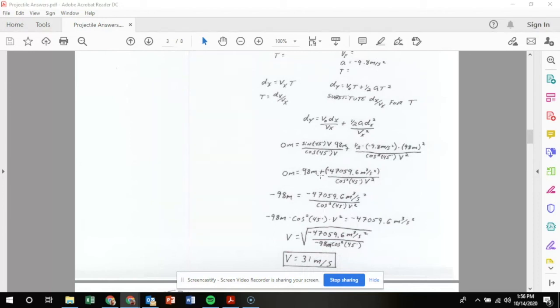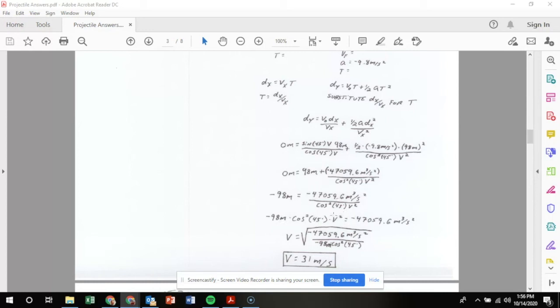Now what I want to do is subtract this 98 over to the left side. So that way I get my fraction all by itself here. So I did that, and I have negative 98 now on the left equals my fraction of negative 47,059.6 divided by cosine squared 45 times v squared. From here, I'm going to get this cosine squared 45 v squared out of my denominator by multiplying this whole denominator up to the left. So that gives me negative 98 times cosine squared 45 v squared. That's going to equal my